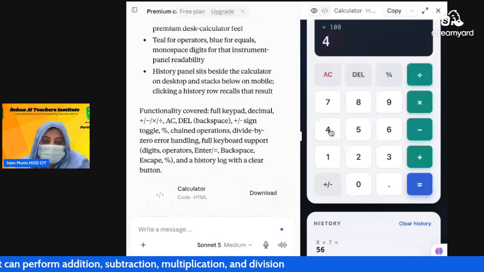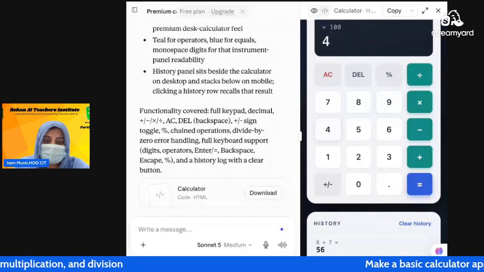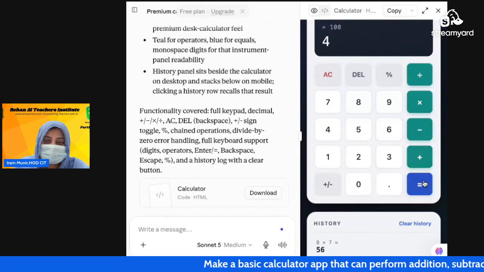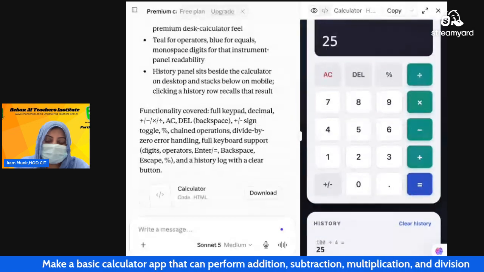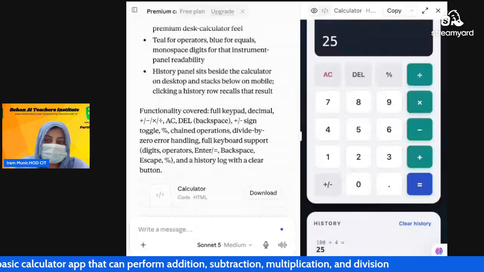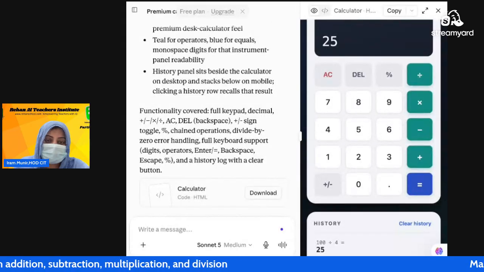So then the result should be 25. Now we will move toward the is equal to button. The calculator gives us the right answer. So the division function is also working.